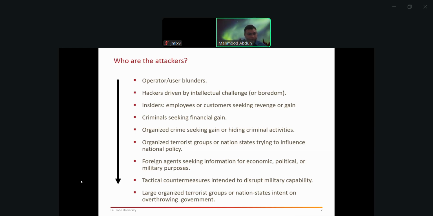But interesting is the tactical countermeasures intended to disrupt military capability. Military comes in a number of times. So there's a term called cyber warfare. And cyber warfare mostly precedes the actual physical warfare because they want to find targets, they want to find weaknesses in critical infrastructure of the systems, maybe shut it down electronically even before a single bomb is dropped. They have an advantage. And there are many examples of recent physical warfare that were accompanied with cyber warfare. So just have a look on Google and you'll find.